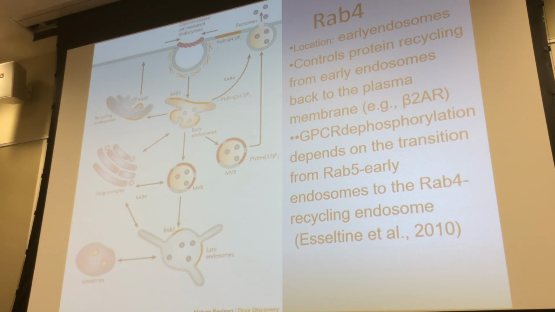This early endosome could actually stay in the cytosol for quite some time if it never gets a Rab4. And that could be very useful because if this is going to be transporting along with it the whole MAP kinase pathway, and you'd like your MAP kinase to be continuing to phosphorylate for a fairly long time, you want to have sustained internalized vesicles. So we have a whole family of endosomal vesicles that are not going to recycle very quickly. But as soon as it gets a Rab4, this is the rapid recycling back to the